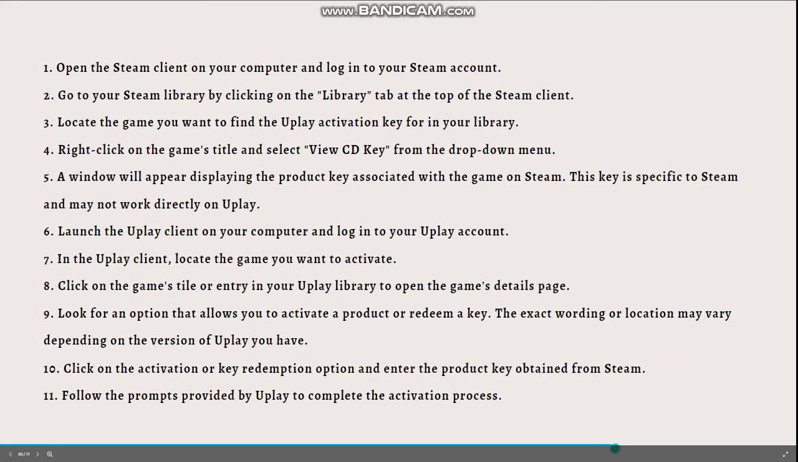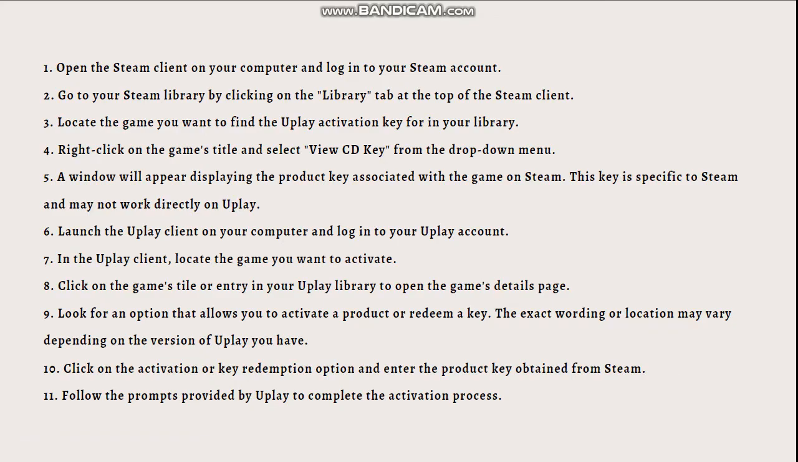So today I am going to teach you how to find the Uplay activation key on Steam. To find the activation key for a game on Uplay that you own on Steam, just follow these simple steps. Okay. So first you need to open the Steam client on your computer and log in to your Steam